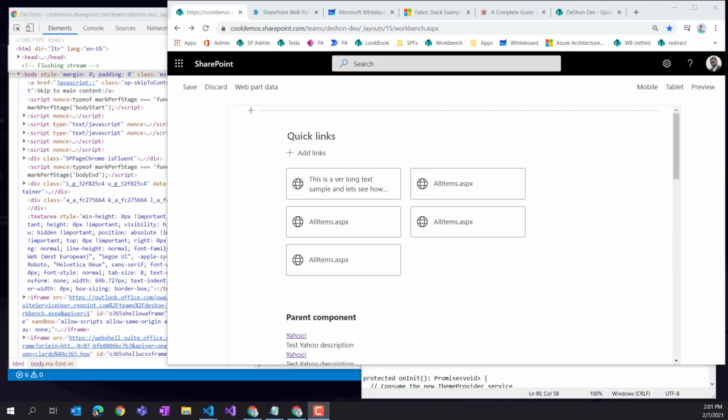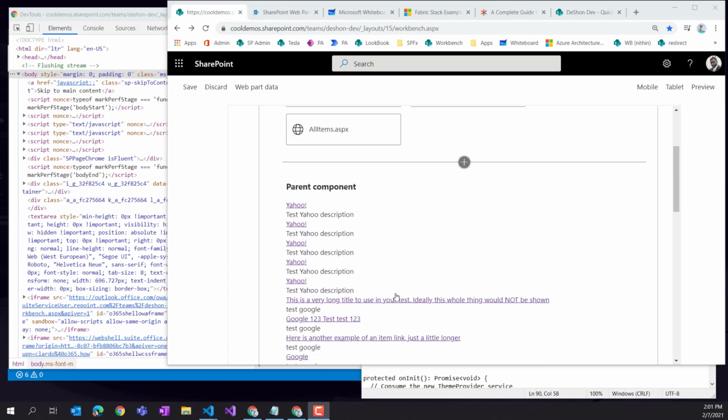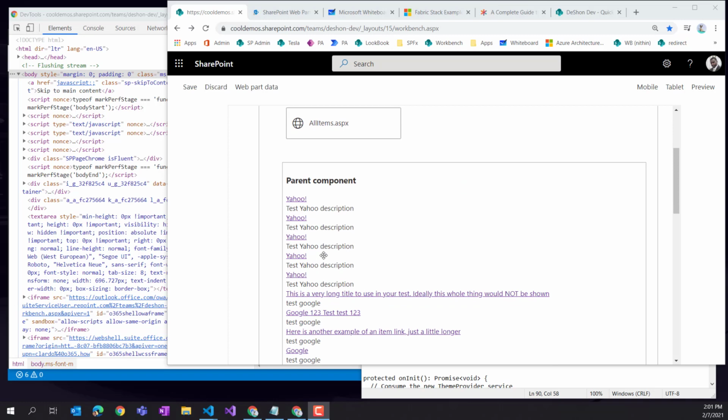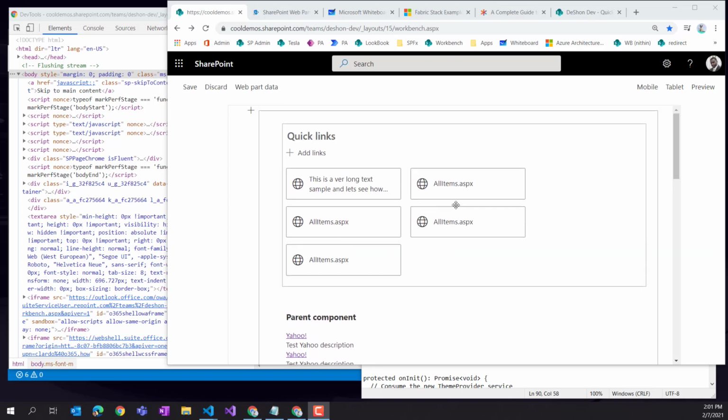Okay, so let's go ahead and get started. There's a lot to unpack here, but I'm going to try to walk you through systematically just the steps that are needed. So it really is going to fall into probably 4 main steps that you have to do in order to get your custom web part to look very similar to what we have out of the box. Now, I went ahead and picked on the Quick Links out of the box web part